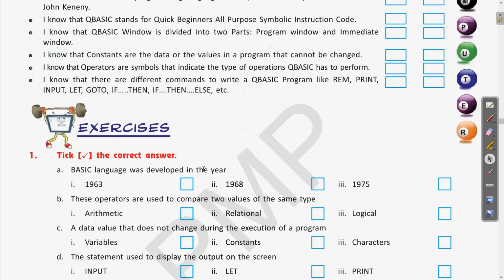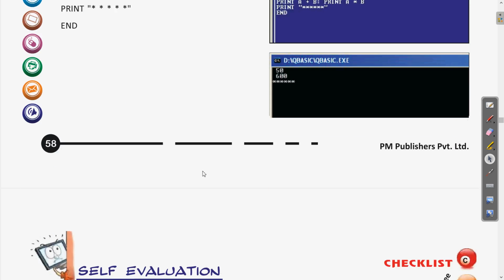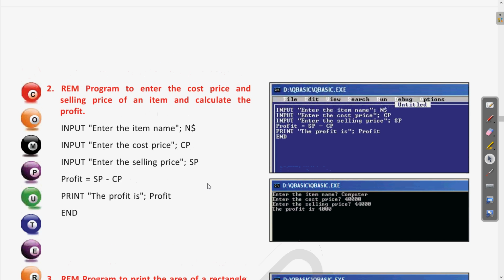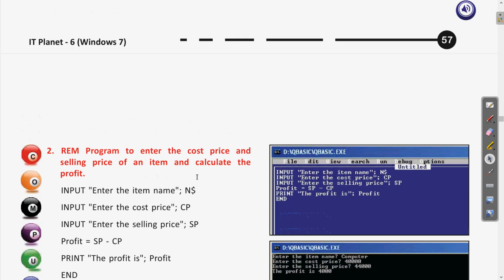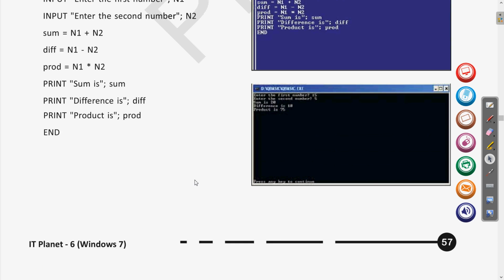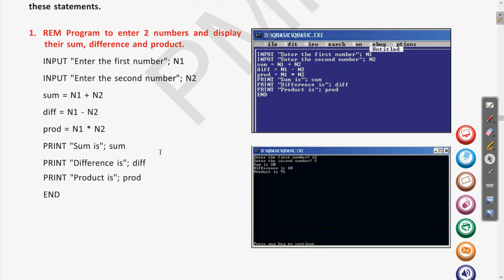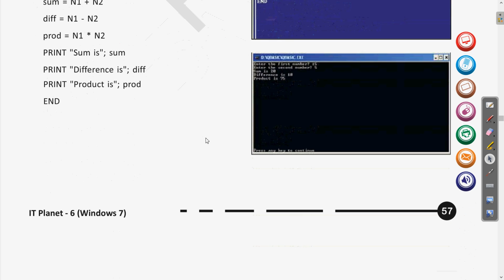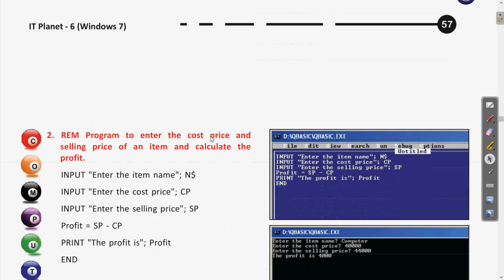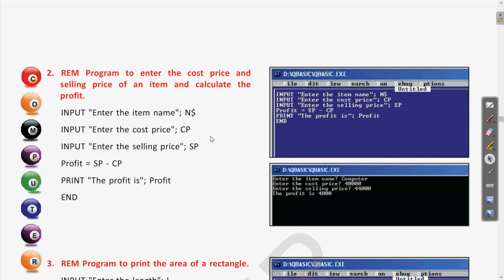Till then, revise the things which we have covered today, that is, the few programs for finding the cost price and profit, and for finding the product number. Input and print statements were used for writing all of these programs. So read all of these programs and try to do questions 1, 2 and 3, that is the objective, filling the blanks and true false questions.